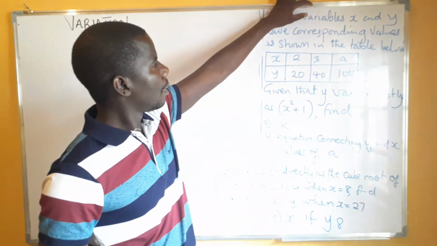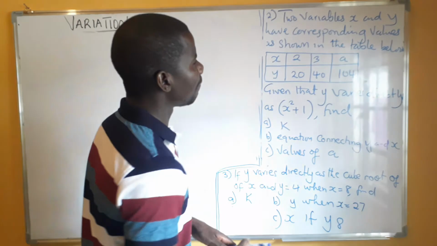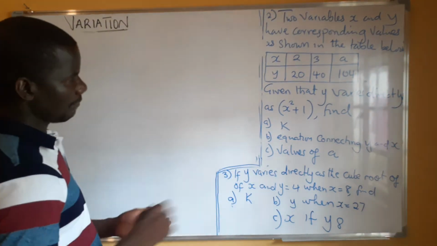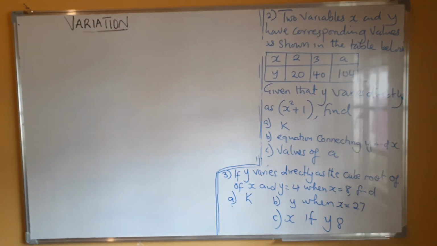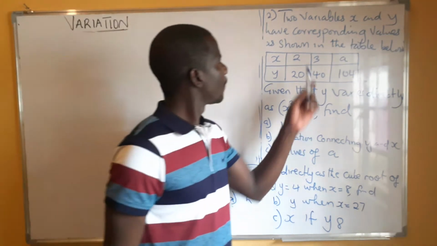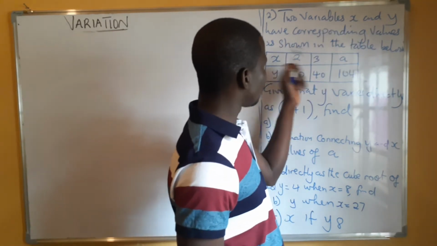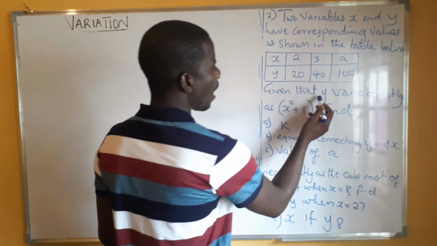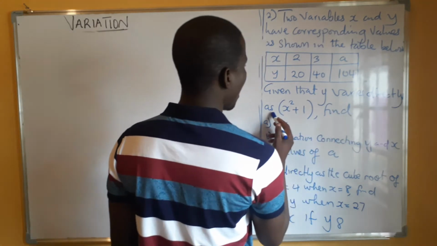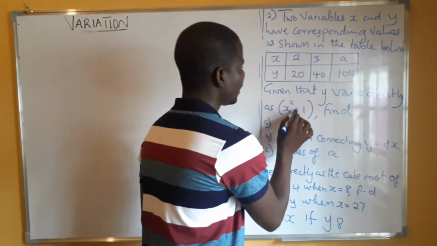So, what we are saying is we are given already the corresponding values here. Please pay attention. The corresponding values are given. Two variables x and y have corresponding values as shown in the table below. This is the table. Now, given that y varies directly as x squared plus 1,